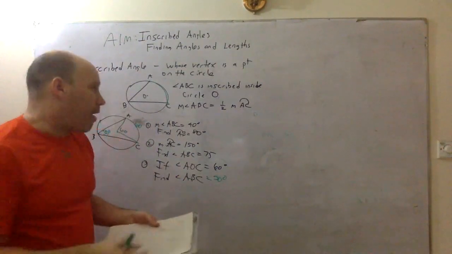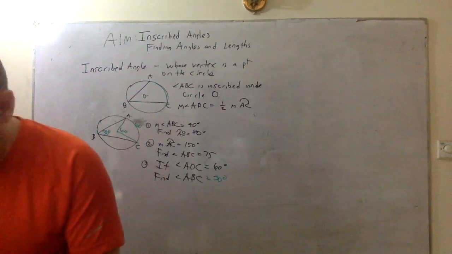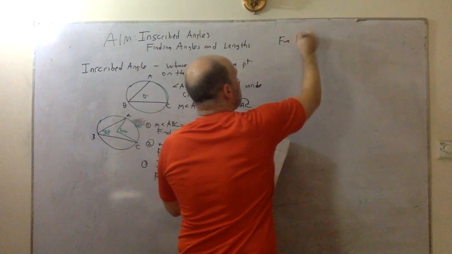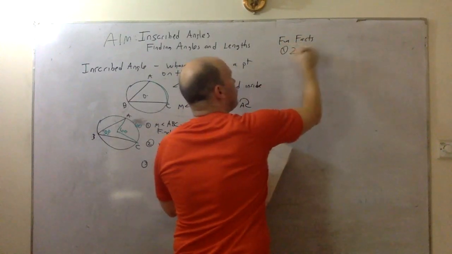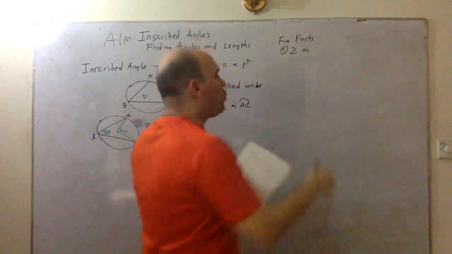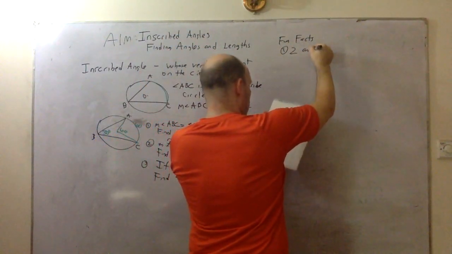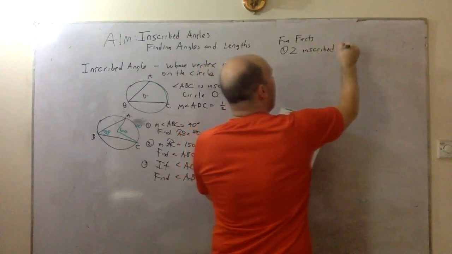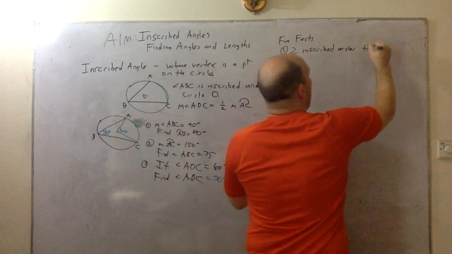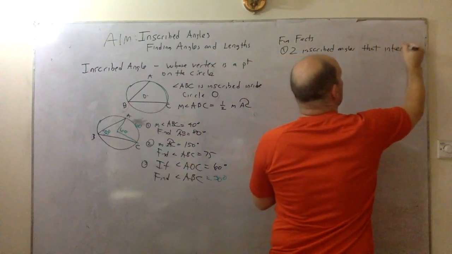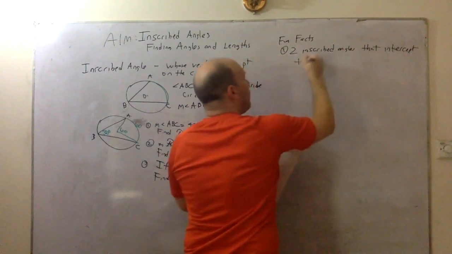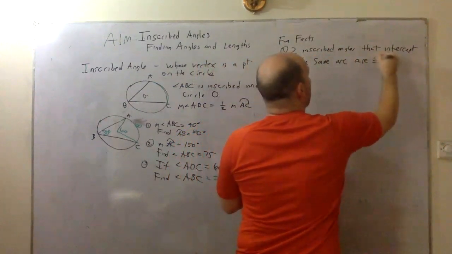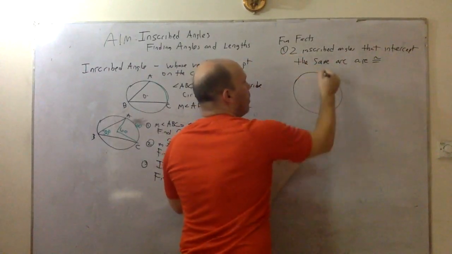Let's see. Couple of fun little fun facts. First of all, can you see up there? Yeah. 2 inscribed angles that intersect the same arc are congruent. So if we look at this picture, here's